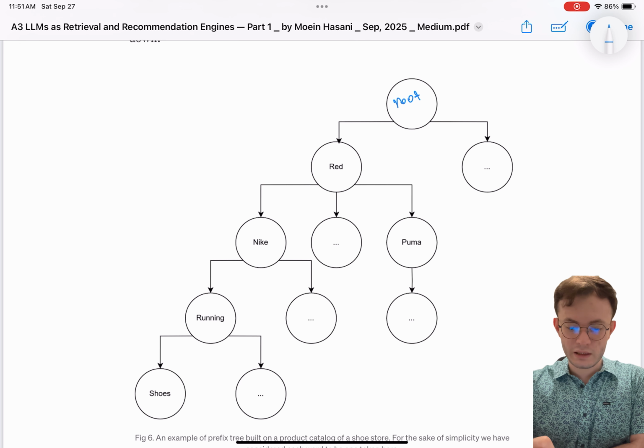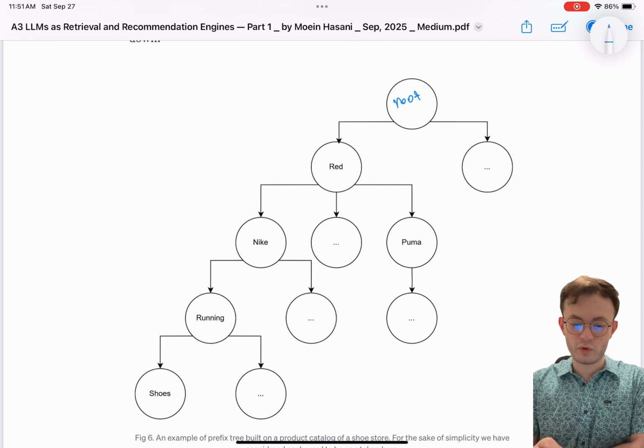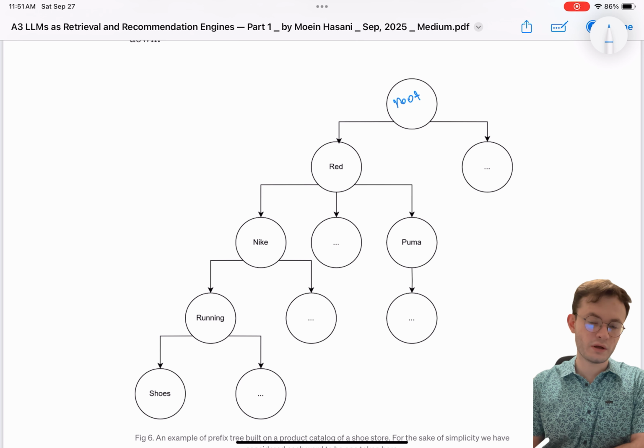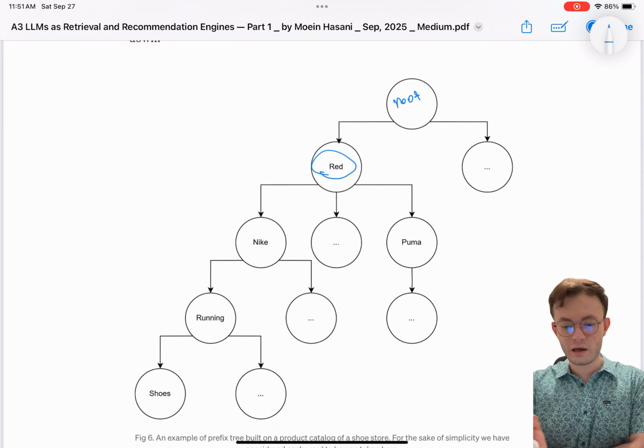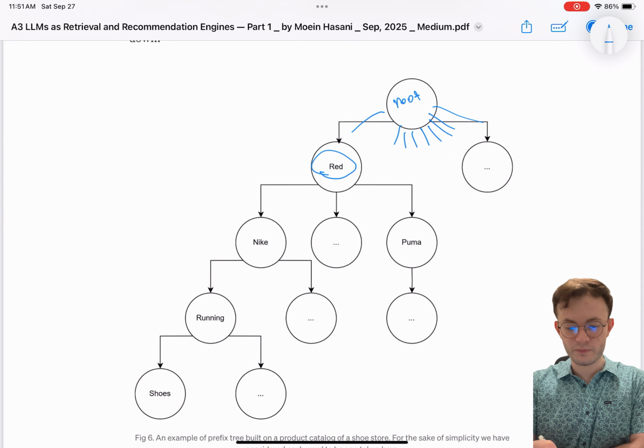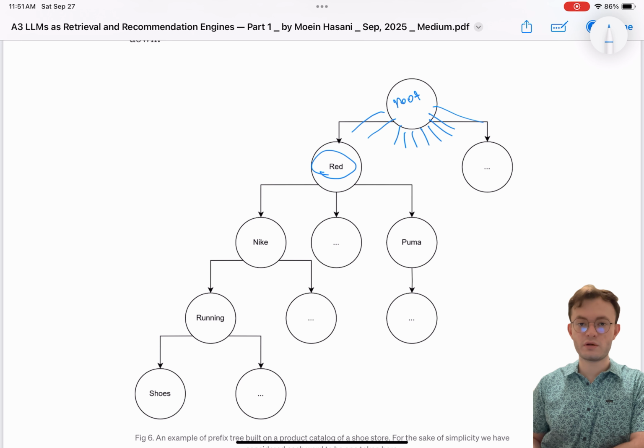So the LLM starts with the first word. Here, for the sake of simplicity, we say each word is a token, which is not exactly true. Let's say the LLM's first token comes out as red. The LLM looked at all the possible places it could have gone, and it wanted to start with red Nike shoe, so it managed to select red.